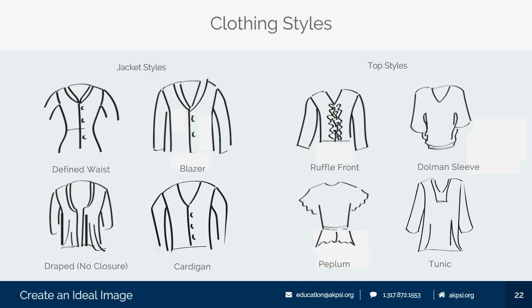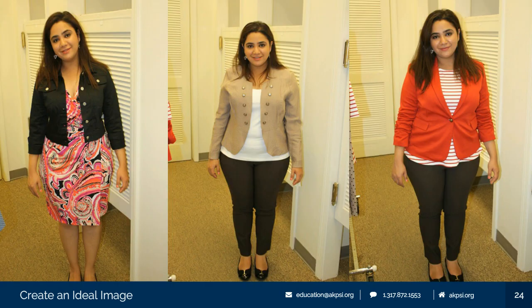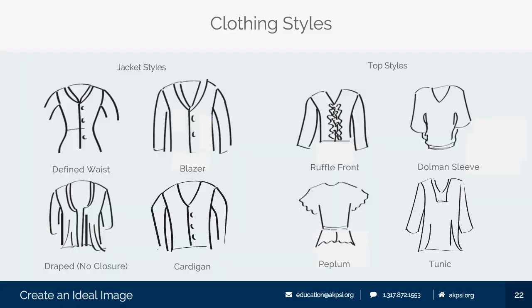So when we're talking about blazers, the funny thing about this slide, if you're working with me, is I could tell you, okay, go get a blazer, maybe you should use a peplum top or maybe a dolman sleeve. Okay, go shopping. That may not be enough for you because there are so many different styles, and how do you know what you want it to look like when it's on your body?